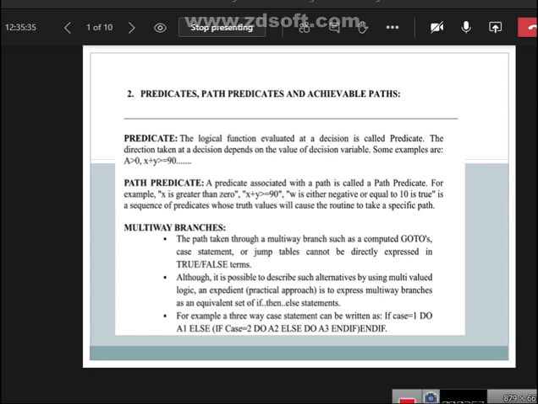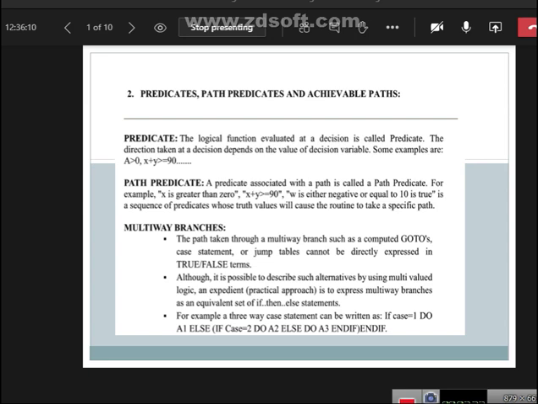In this other example, x plus y, we are giving some input values x, y. If that x plus y is greater than or equal to 90, this is just an example. It is not necessarily exactly greater than; whatever the logic in the program, we can implement that. Suppose according to the code you write x plus y greater than 100, or x plus y greater than or equal to z, just like that we can write the code. This is the example they have given.